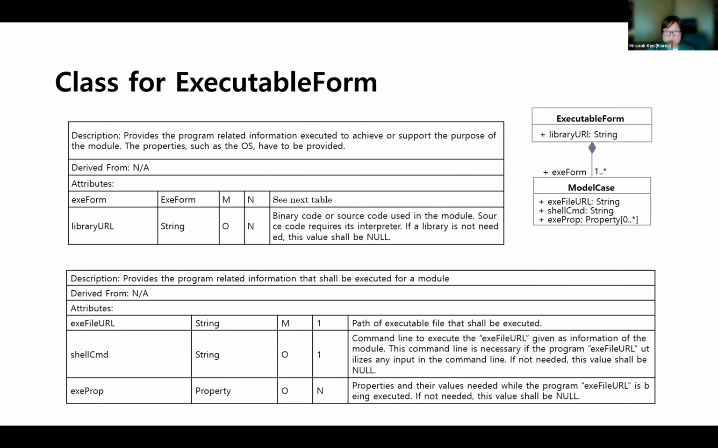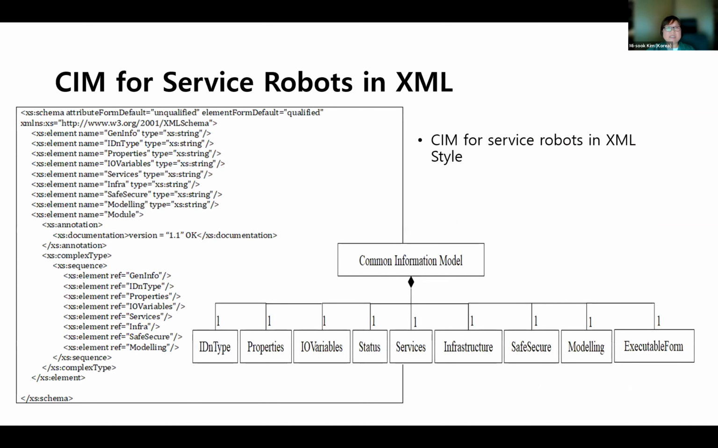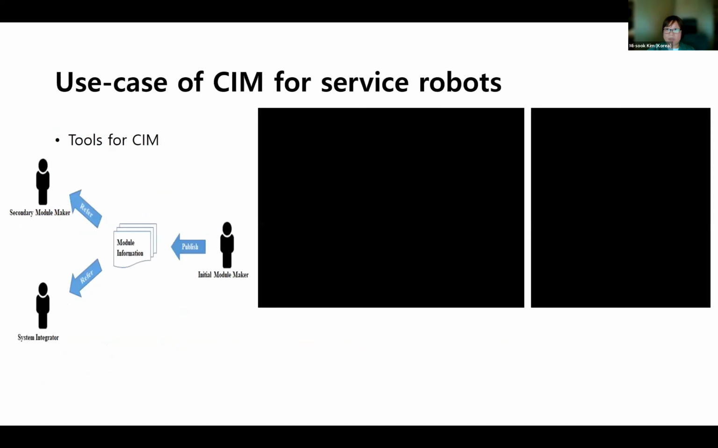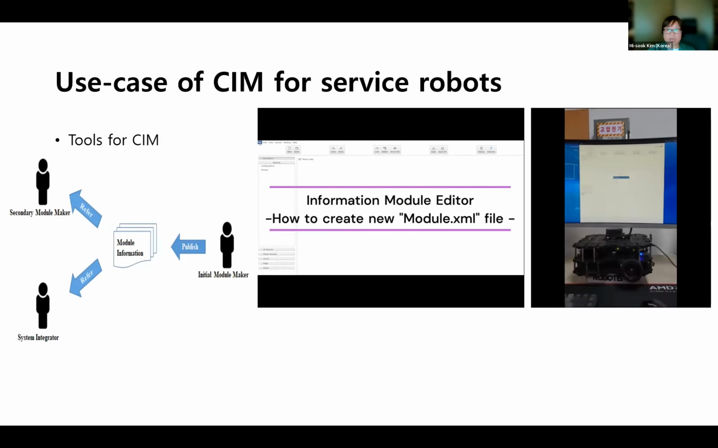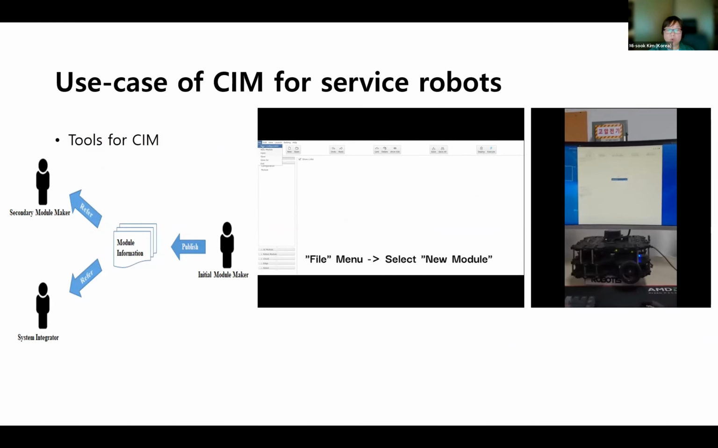The executable form is for any required libraries, parameters, and files, and can also include any command to run the module, in the software's case. So this common information model, with the classes I mentioned, can be expressed in XML. And then the use cases are when the information model is